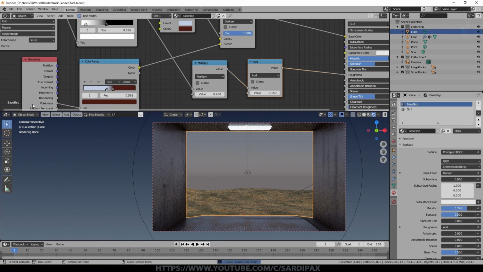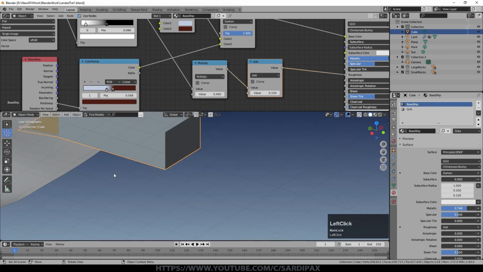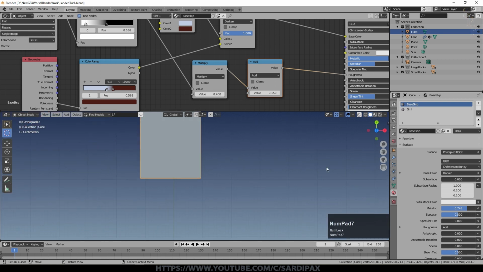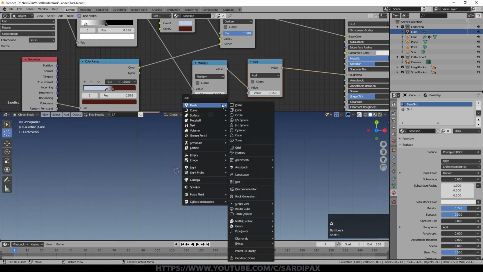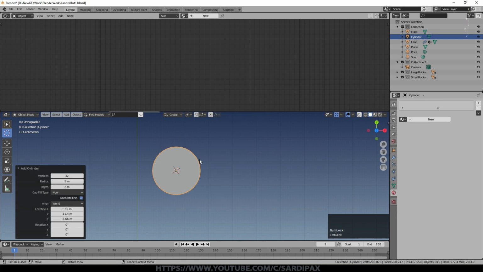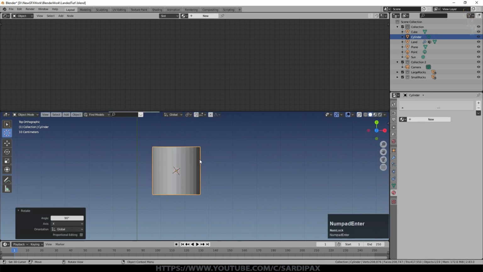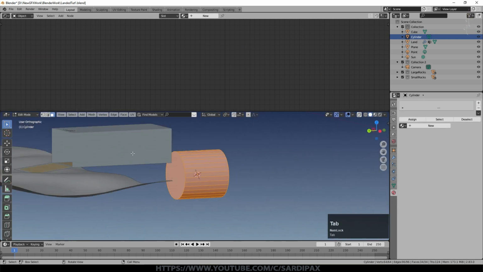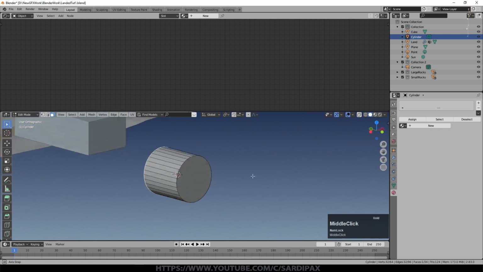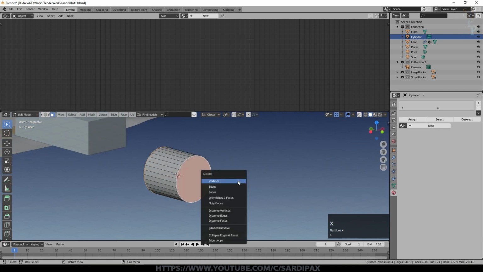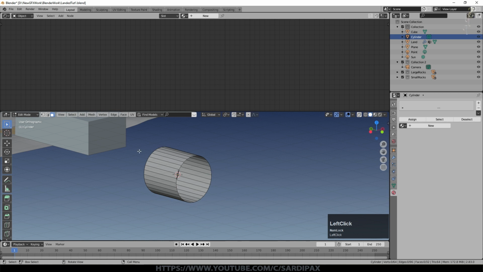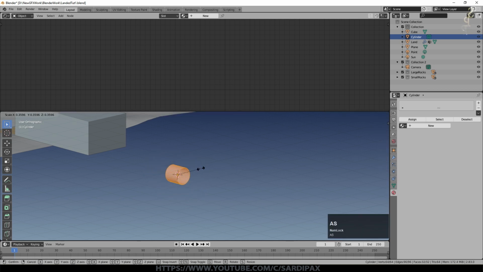And now we need to put some pipes and things like that, things of interest in there. So I'm going to put my cursor over here so we can see what we're doing more easily, and we'll look from above. I'm going to add a simple cylinder to begin with. We'll rotate X 90, and I'm going to just take these end faces off. You can actually select not to have end caps when you create it. You just got to remember to do that. Strictly, I don't want to have too many vertices because I'm going to have quite a lot of these little cylinders, as you'll see, but it doesn't matter too much for this example.